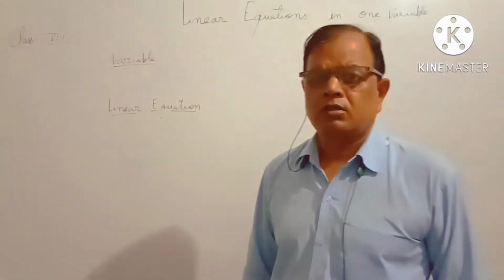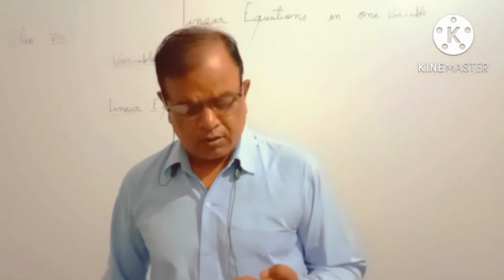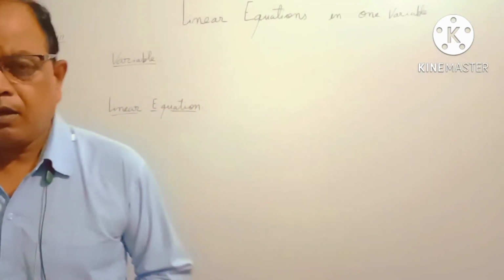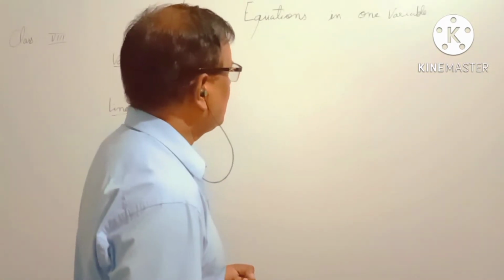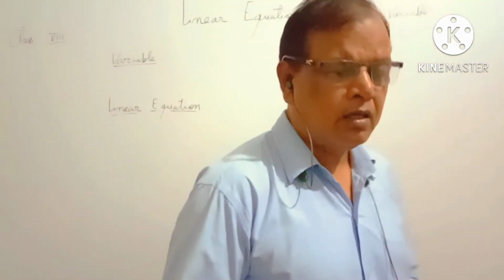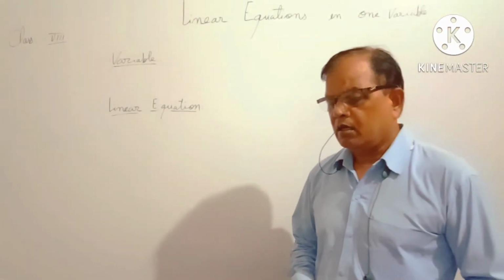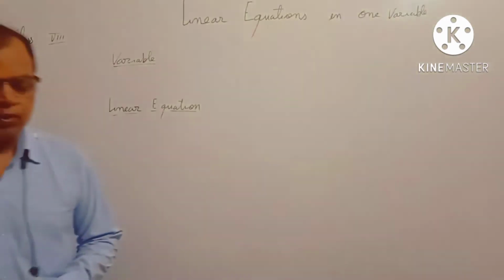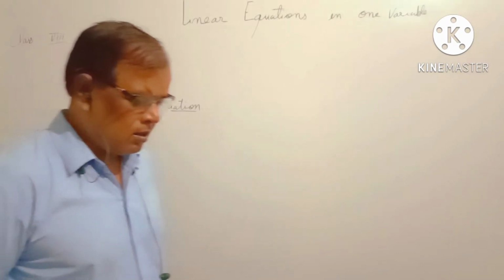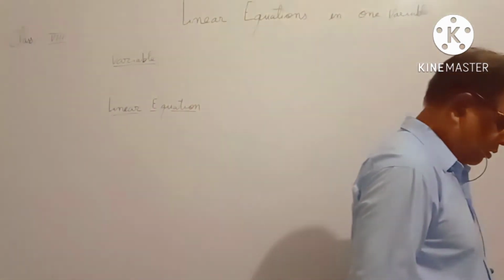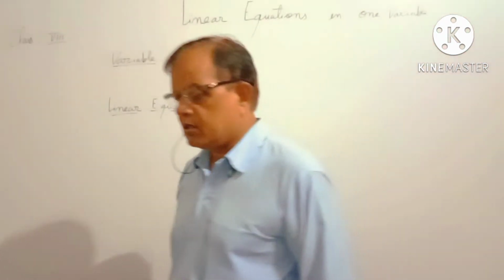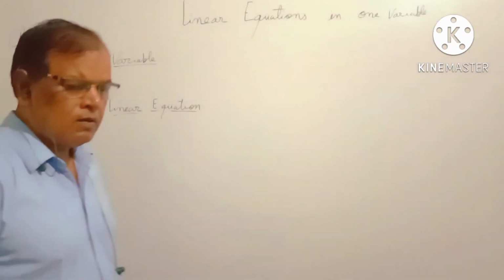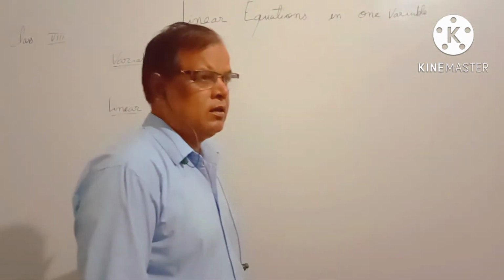Today I am going to teach you linear equations. What is the meaning of linear and equations? Linear means if any equation has degree 1, then the equation is linear. An equation has two statements: one before the equal sign and the other after the equal sign. If it has both statements and the sign of equality is used, then it is called